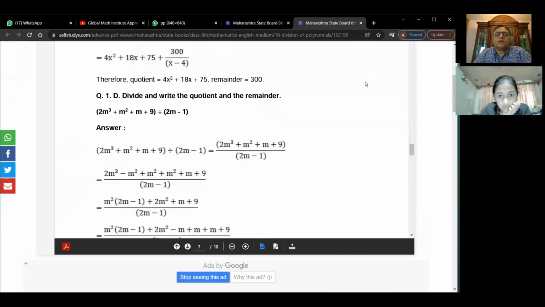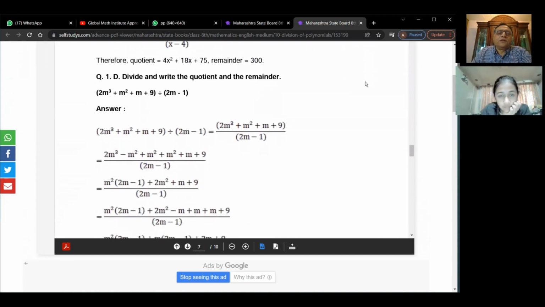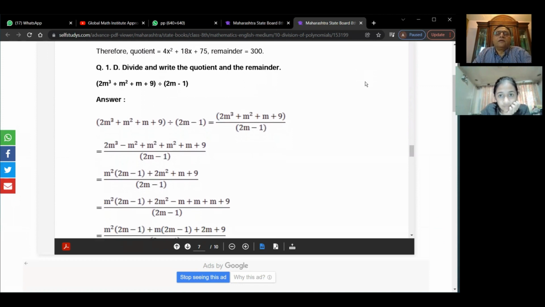See, the book solution is very difficult for a grade 8 student. You cannot do all that which they are showing, right? And therefore, I'm not even trying to help you in that fashion. You have to adopt this new method, which is a standard international method. We use it in Canada also, correct? I'll share with you my videos on this. It'll be very easy for you. Now tell me, how am I going to do this question?